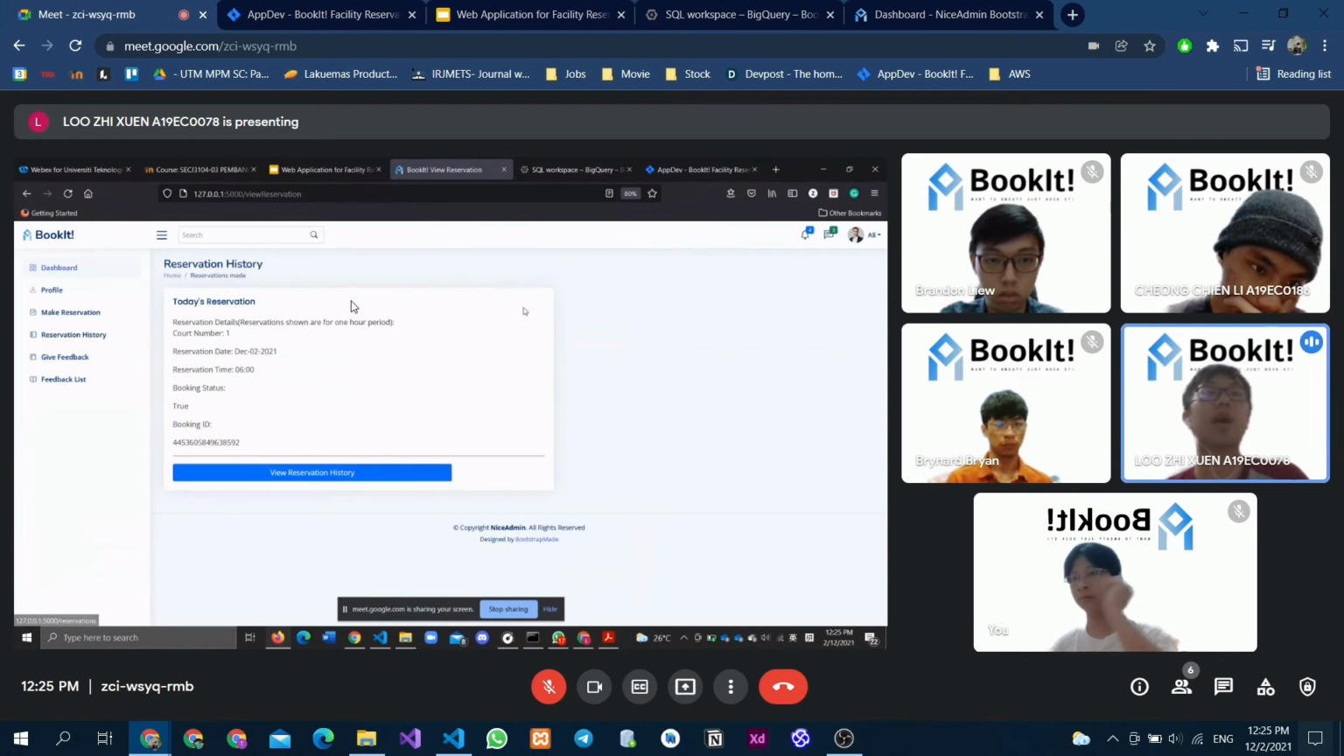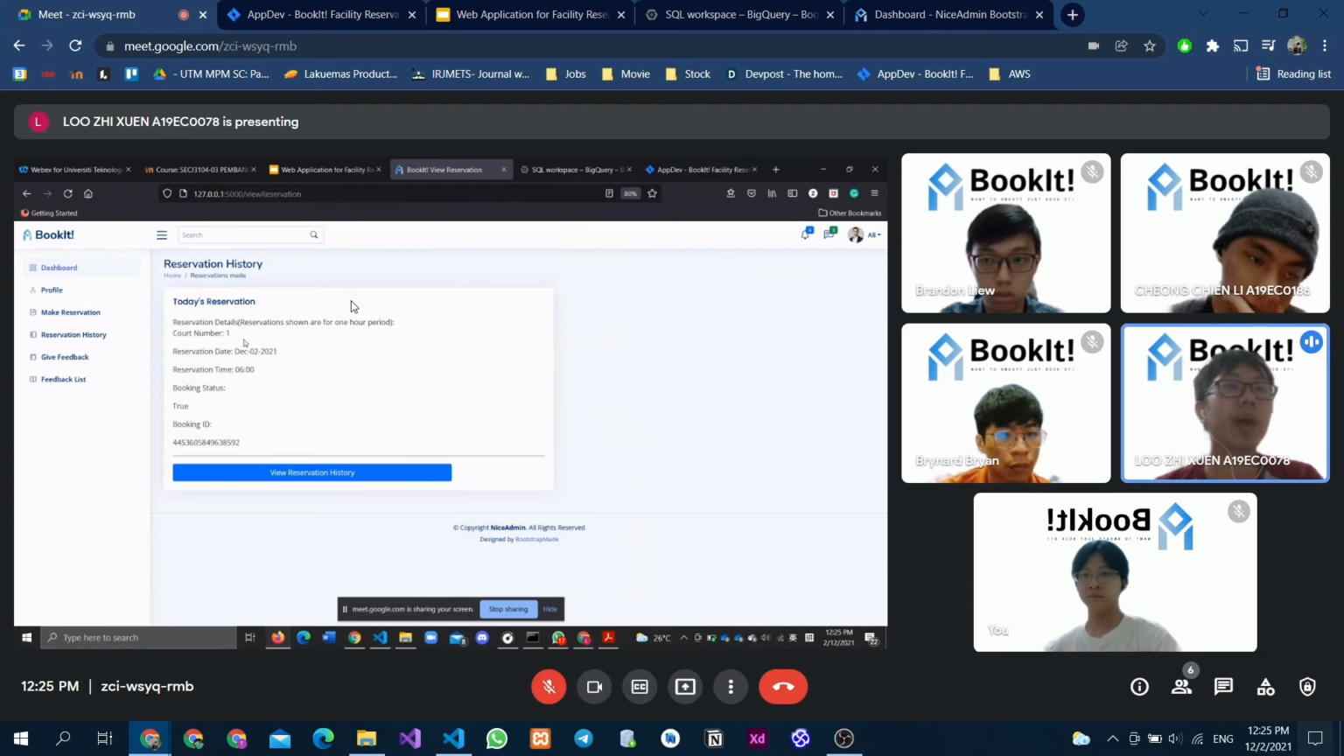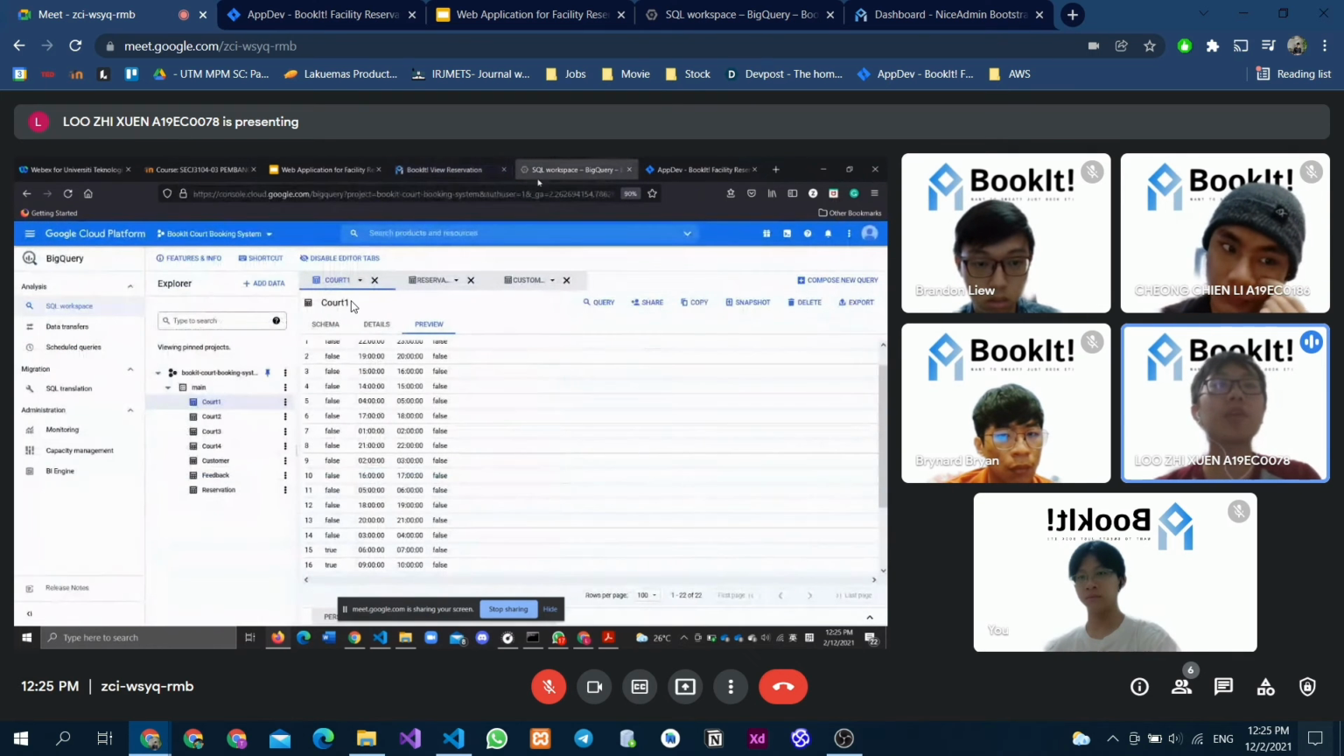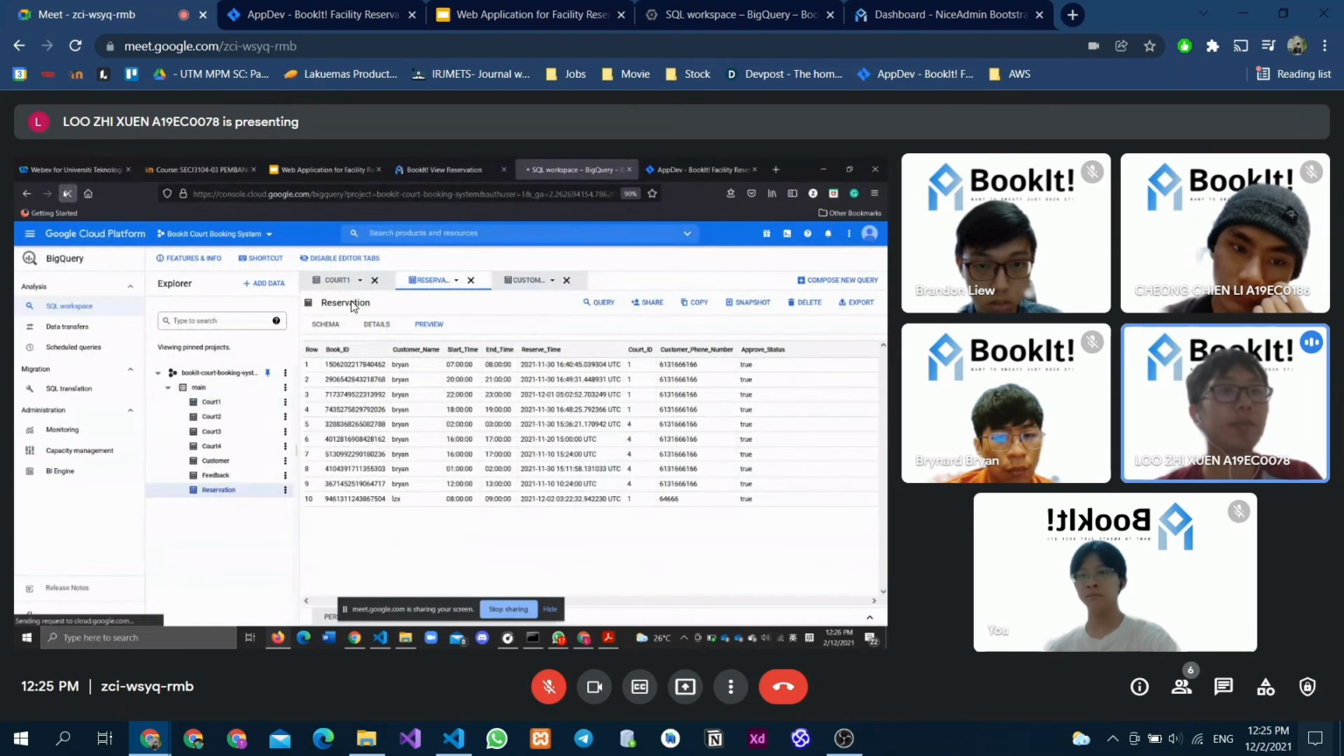you are directed to the view reservation part, whereby the resident is able to see the reservation date, time, status, and the booking ID. So when we come back to the database, when I go to the reservation part, when I refresh it,